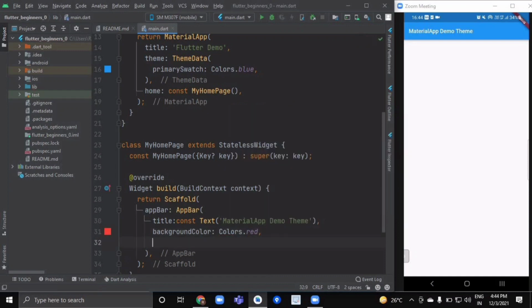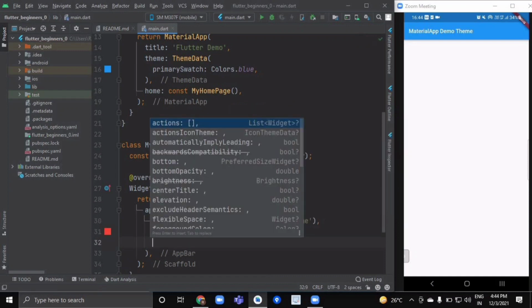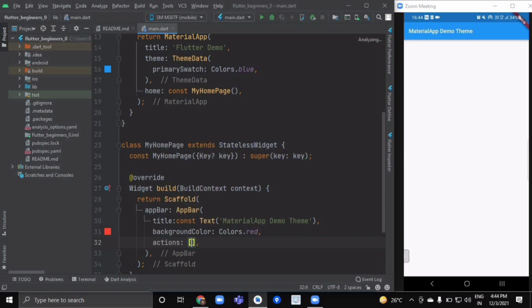After this, it has another property named actions. Inside actions it will take a list of icons, that you might have seen in various applications. In every application, each app bar has some items on it, like a settings button or a navigation drawer and so on.